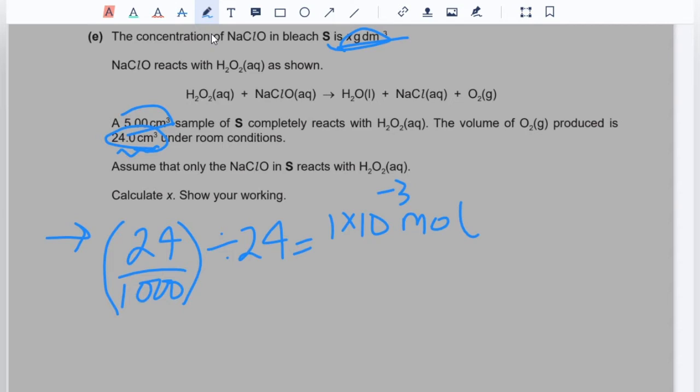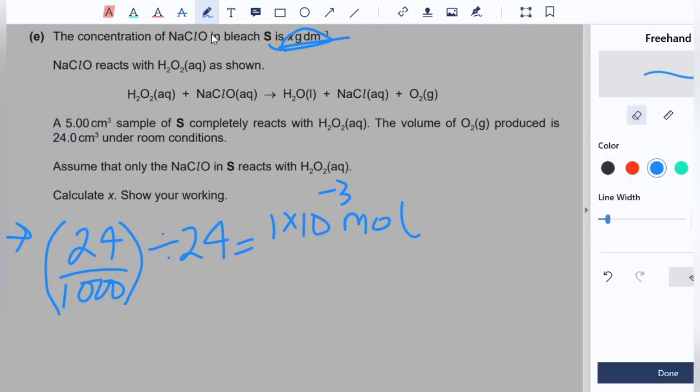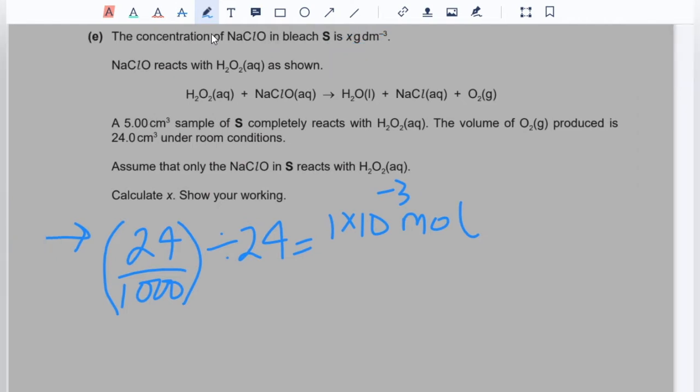Now we did that because we need to use the information that we were given in the question, and now we can convert this gram per dm³ to mole per dm³, because those are the standard units that we need to work with. So to convert from mass to moles, we know that moles is equal to mass divided by molecular mass, which means that